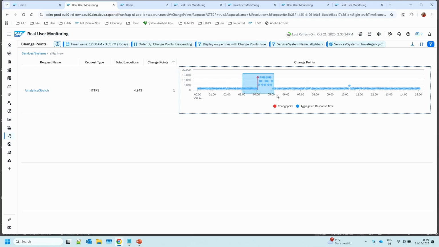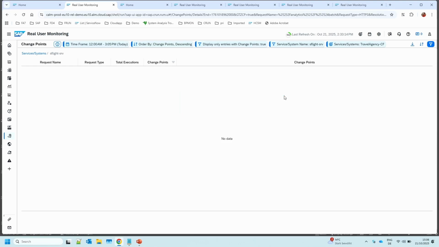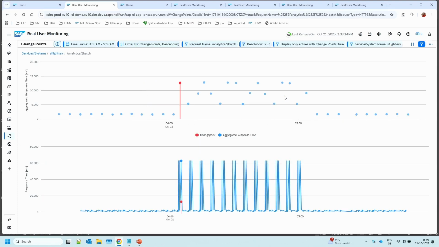By moving this window over this time range, we can drill down and see on top the response times used by the model to decide if a change point is relevant or should be detected. Below we display the response times that we measure, almost the raw data of the different executions. Here you see the response time increased dramatically. It stayed for some time and then fell down again.